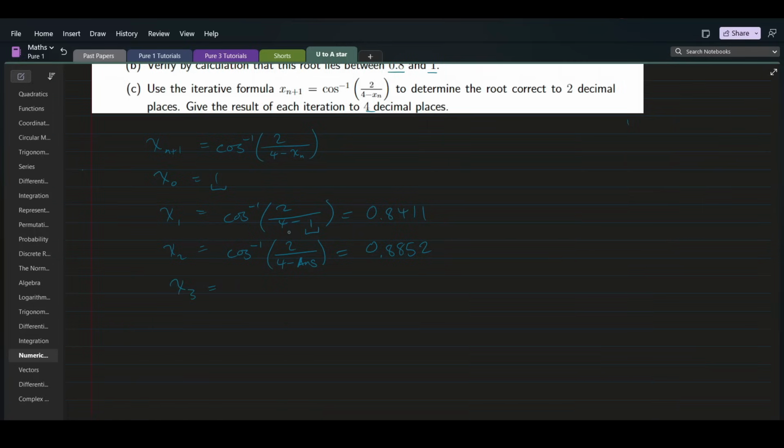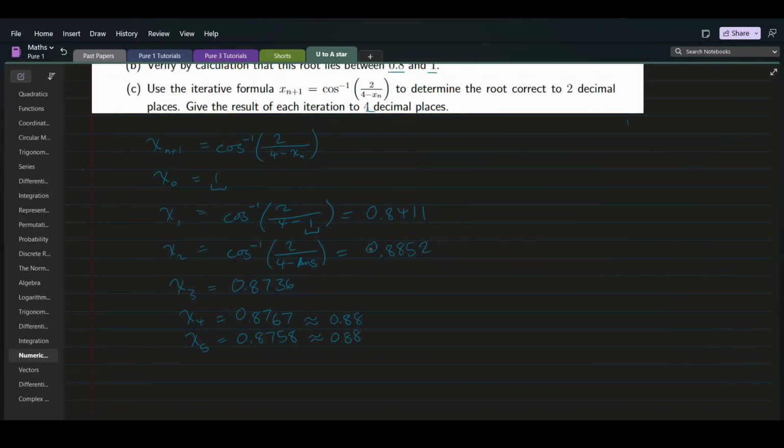And then x3. Don't change anything on your calculator, just simply press equals, and you get the result of the next iteration, which is 0.8736. And we go on to the next iteration, that is 0.8767, and we go on to the next iteration, x5, that is 0.8758, and if we round these two iterations off to 2 decimal places, they give us